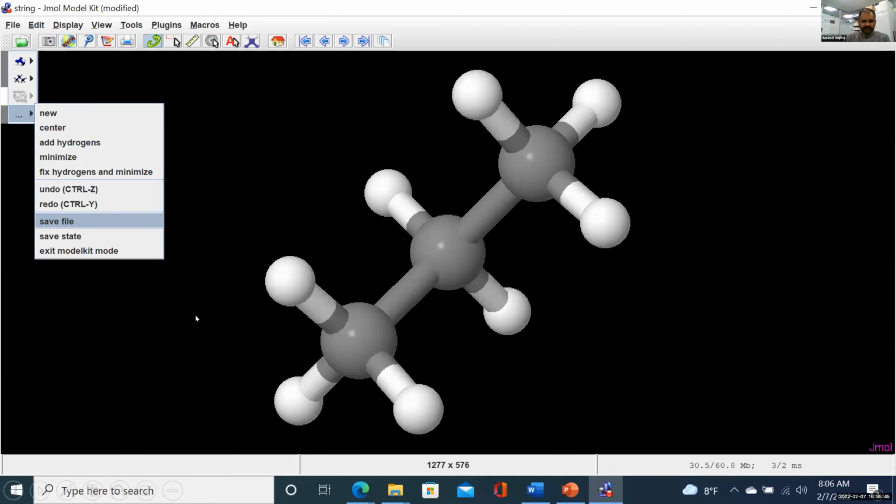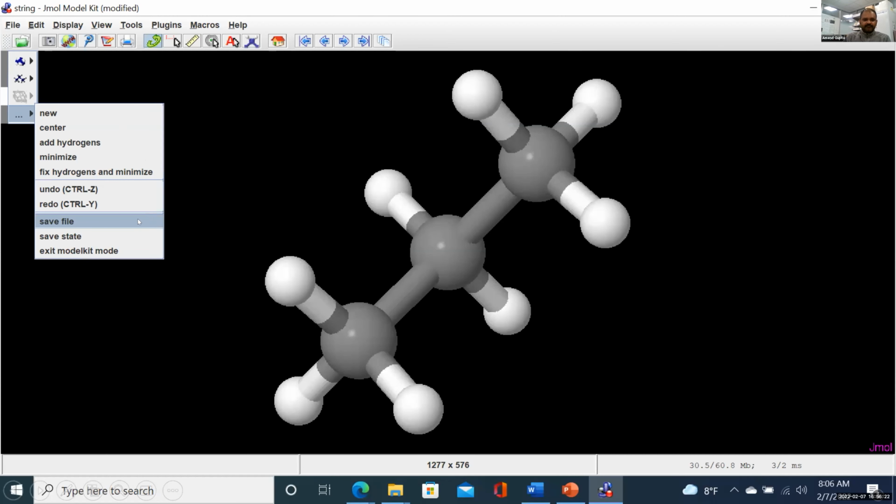If you want to use it, just go to this model file, and you will get this panel. You just click it and you will get that simple methane structure. Then if you want to add some more carbon or other atoms, go to this panel, and there is an option of adding or deleting, or you can add several functional groups. So these options are there in this panel.